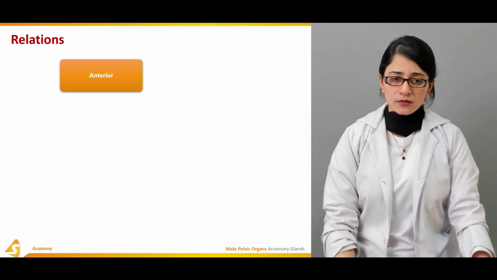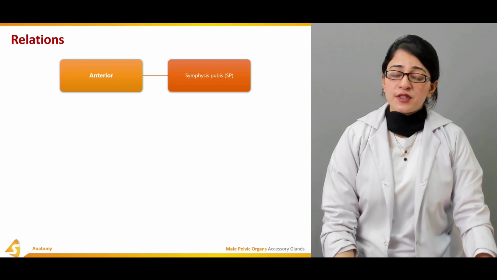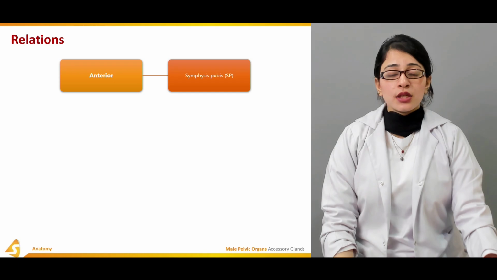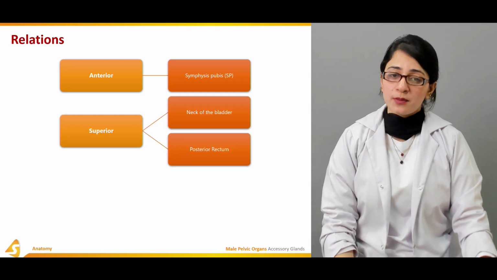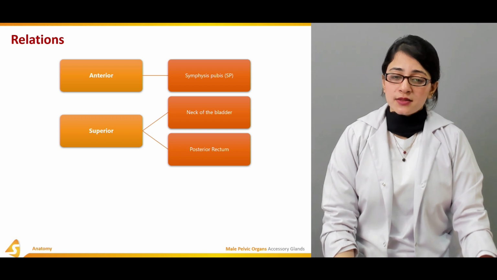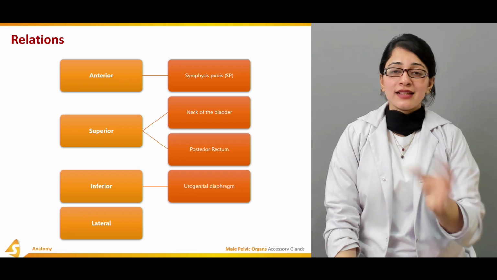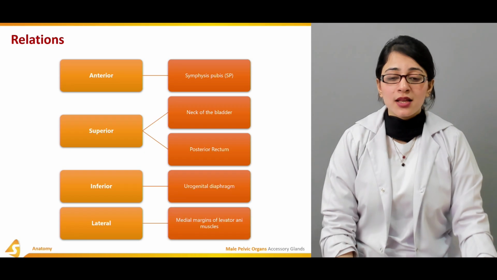Talking about the relations, anteriorly we have the symphysis pubis. So anterior to this prostatic gland, the symphysis pubis is present. On the superior side we have the neck of the bladder and the posterior rectum, and inferiorly we have the urogenital diaphragm. On either side, that is laterally, we have the medial margins of the levator ani